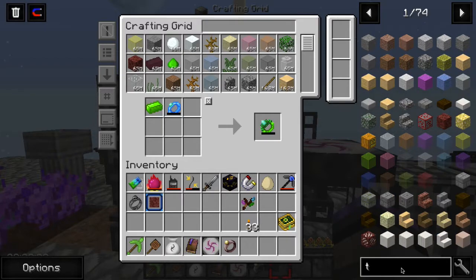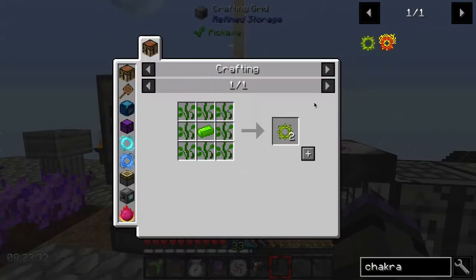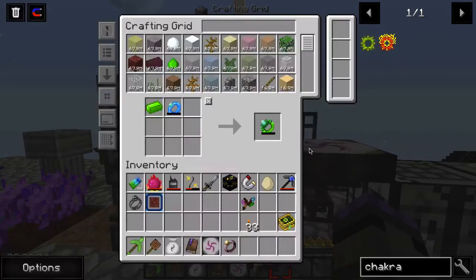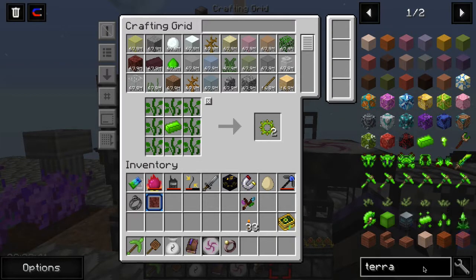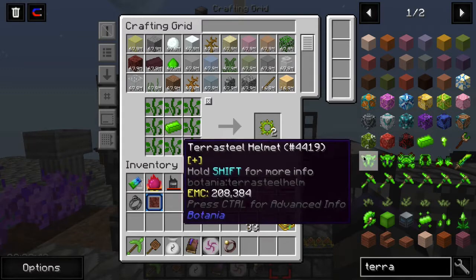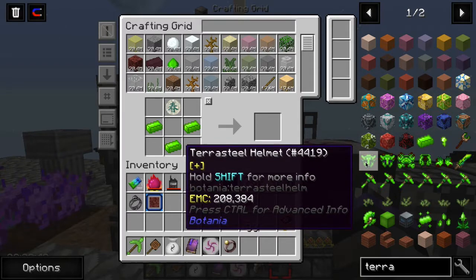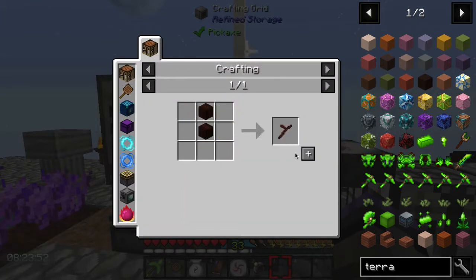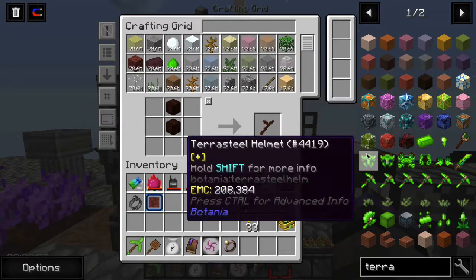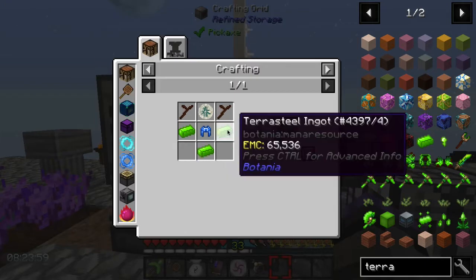We need chakras. That's kind of the best weapon. And we can have an unlimited amount. We can spam them quite easily. We might as well do the Terra Steel. I don't think I'm going to wear it. I'm going to use the ProjectE. What do you want? Oh, we need some living wood sticks. Okay. And then we haven't made any of the...